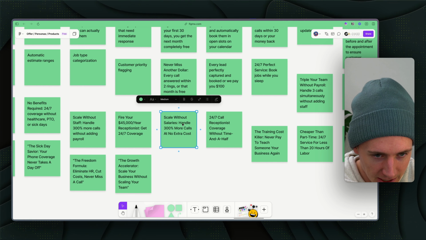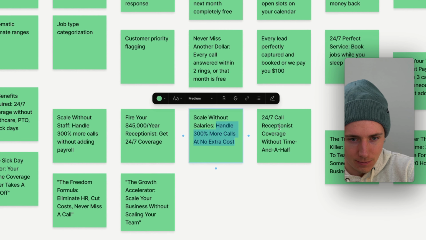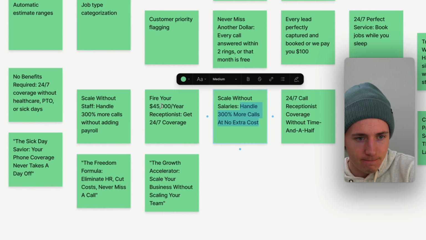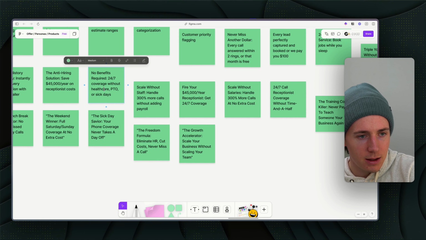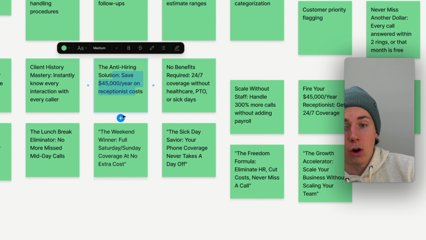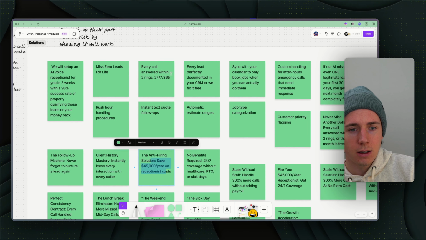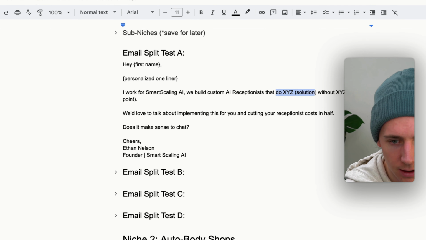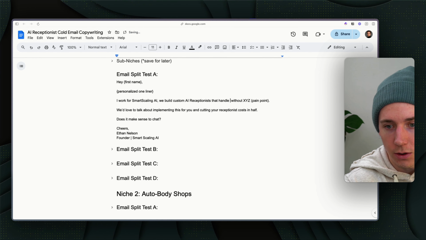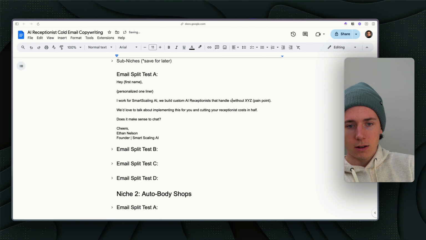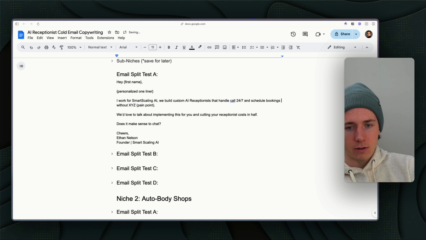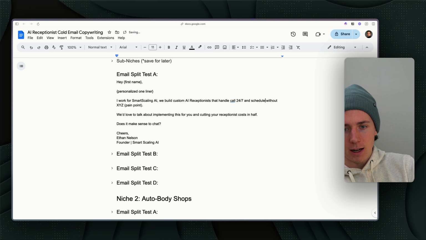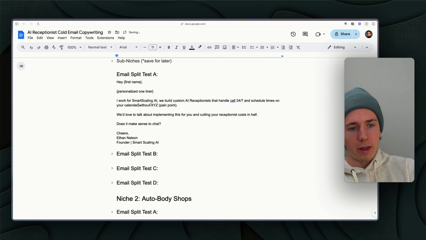That handle 300 extra calls at no cost. That scale your business without scaling your team. That handle calls 24/7. I like that. That handle calls 24/7 and schedule bookings and put times on your calendar without